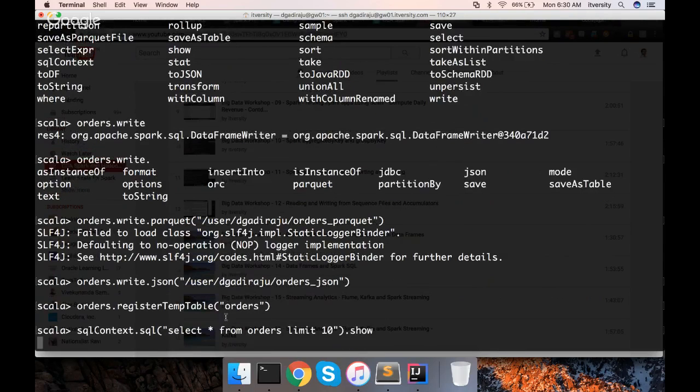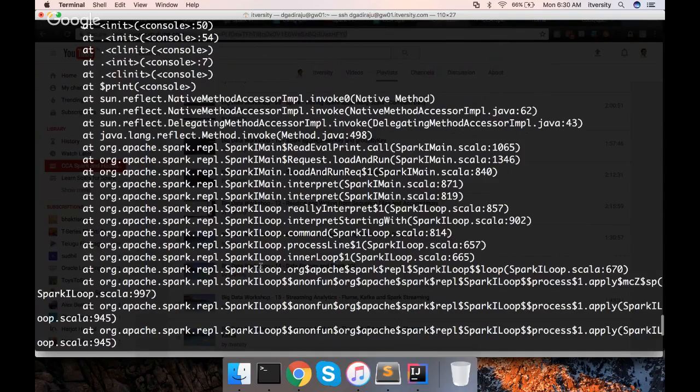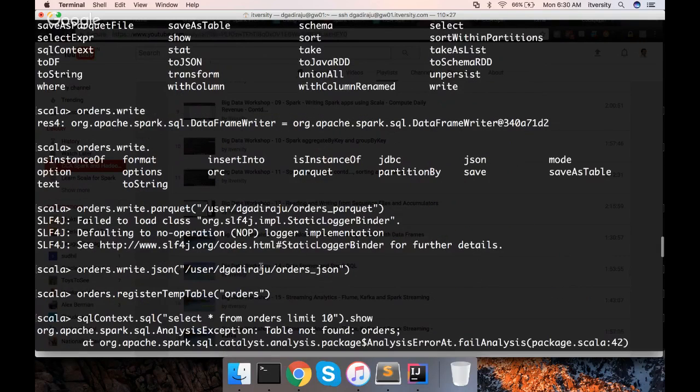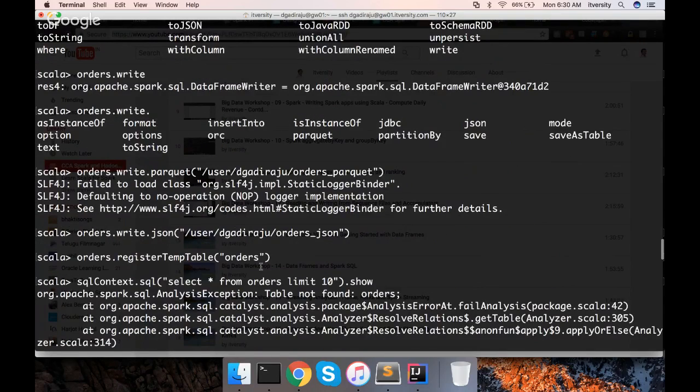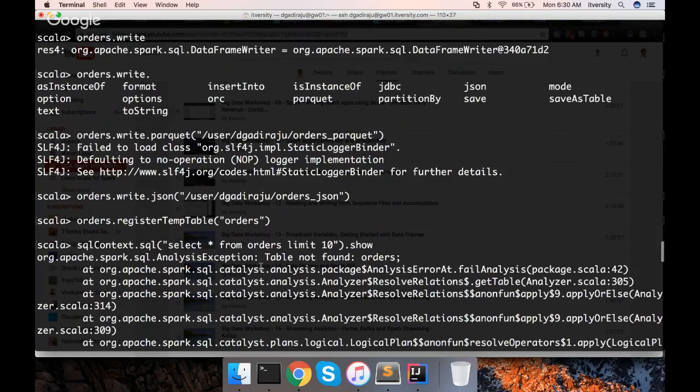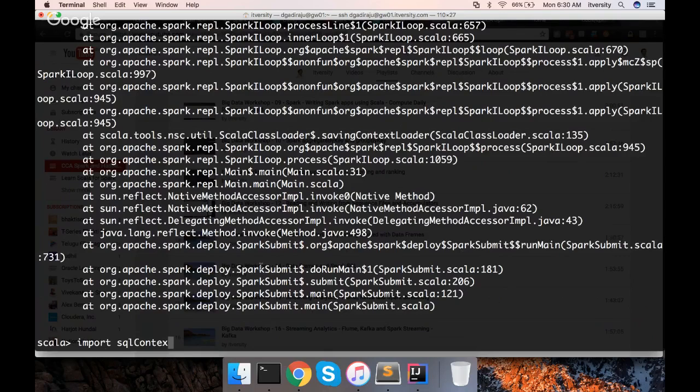There is some issue with this. I know what the problem is. I have to import sqlContext.implicits._.